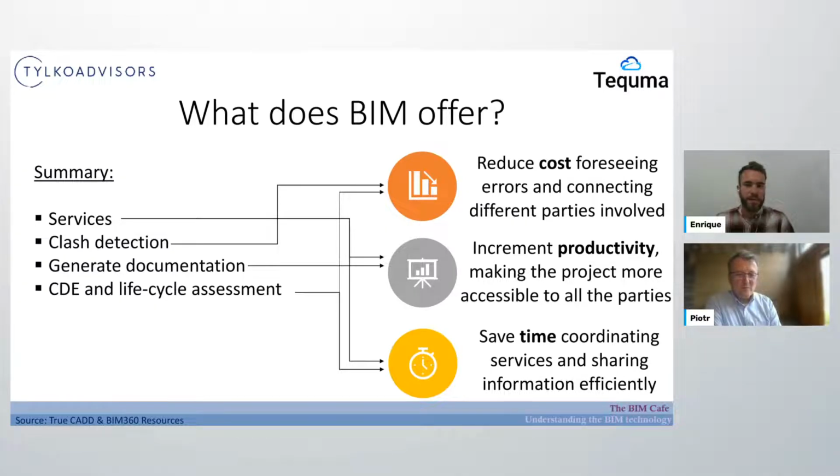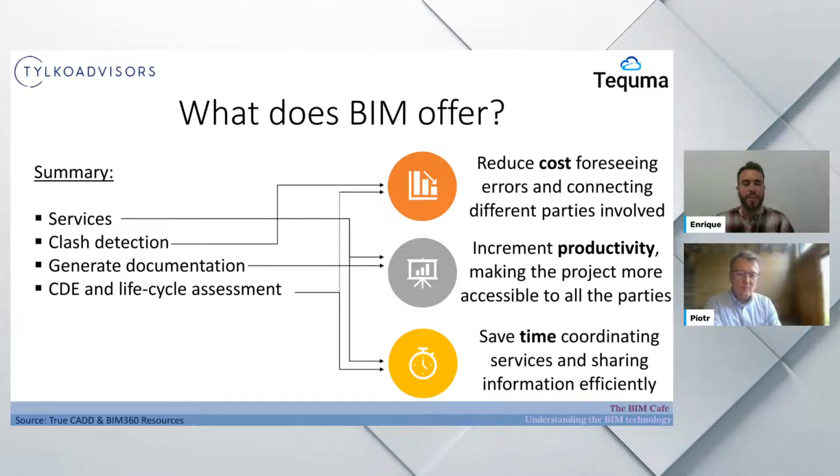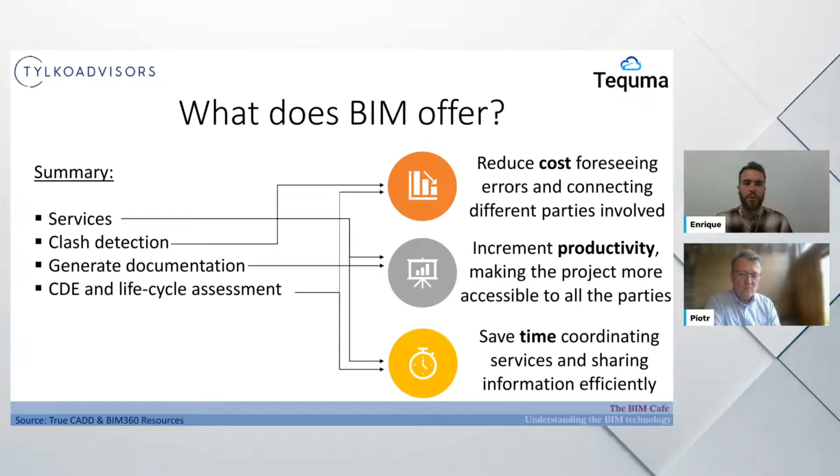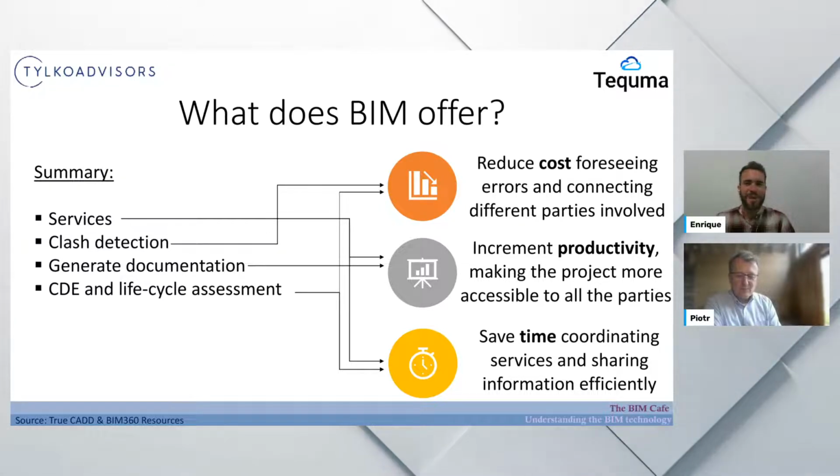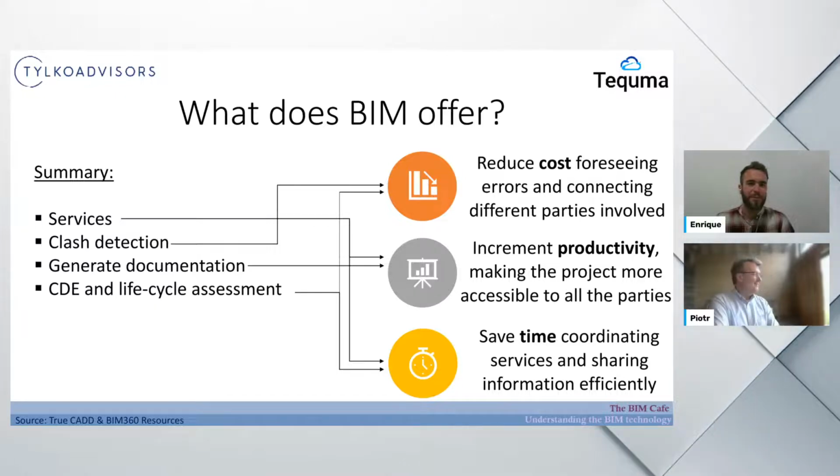And lastly, when we talk about the common data environment, or CDE, during the whole life cycle of the project, that can link directly to saving time because the information is shared efficiently. There's a big reduction of the information flow: how many emails we can save, or how many calls between different parties to agree on that information. Okay, I remember you told me two months ago that this product had this specific thermal resistance, but I forgot about it, or I can't find this paper, or did you change it?